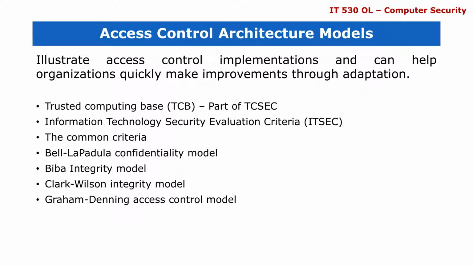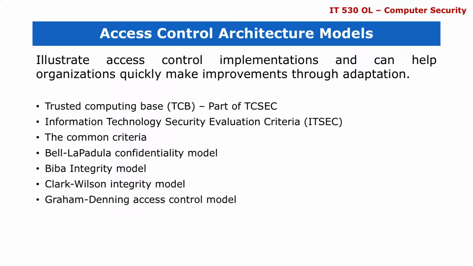integrity model. We have what we refer to as the Graham-Denning access control model, which pretty much is composed of a set of objects, a set of subjects, and a set of rights. This is where you see the subjects and objects have certain rights before access is granted, and those rights must be mapped with each other before access is granted. And there are other